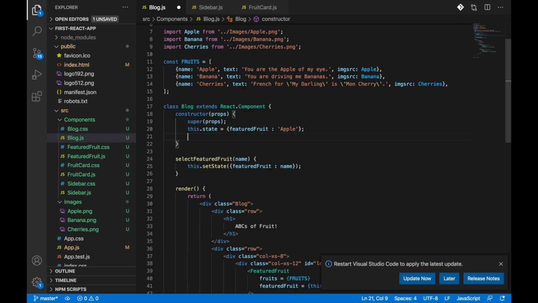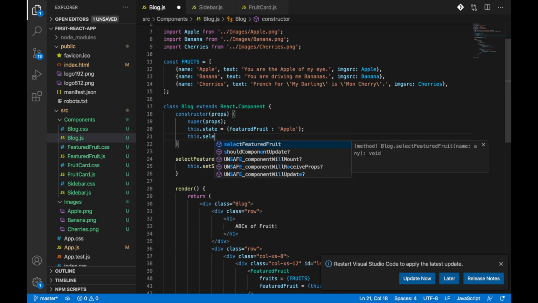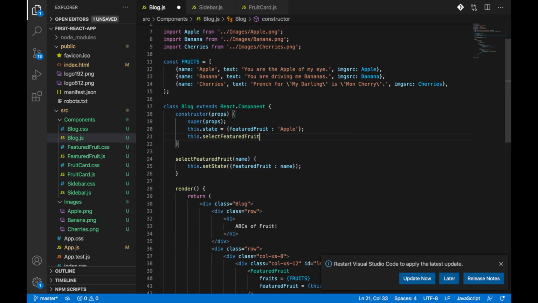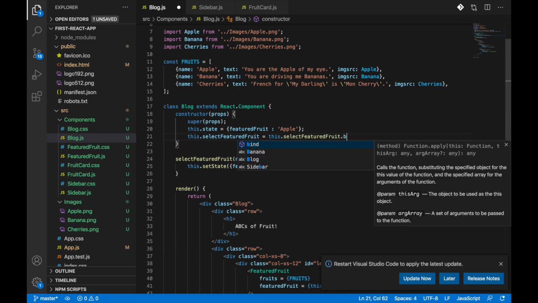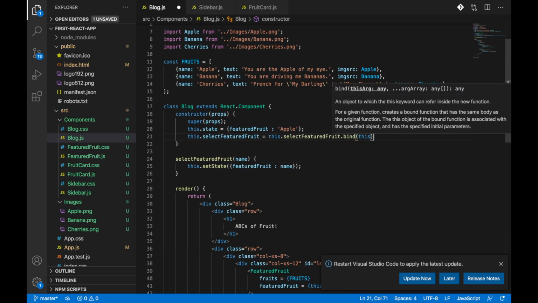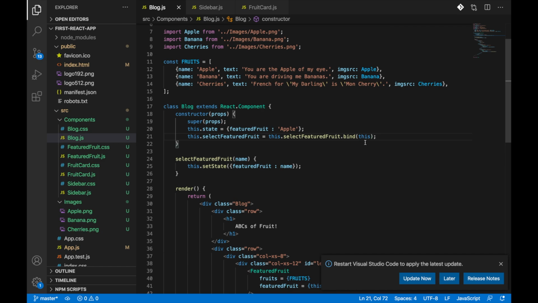So we're going to do this.selectFeaturedFruit, name of our function, equal to this.selectFeaturedFruit.bind(this), which allows us to modify state from within selectFeaturedFruit. Okay,